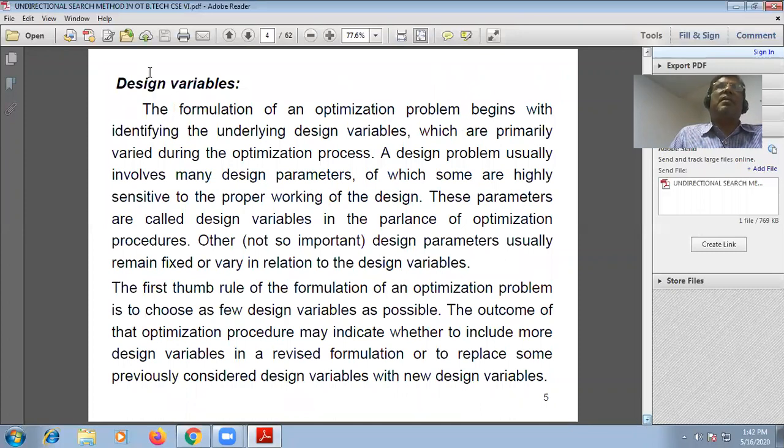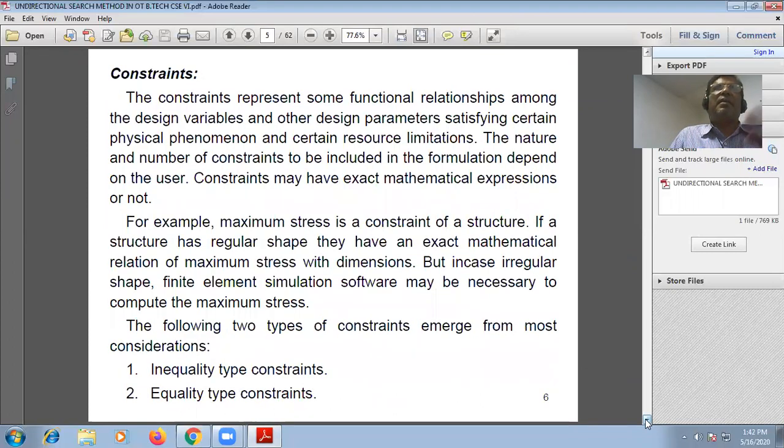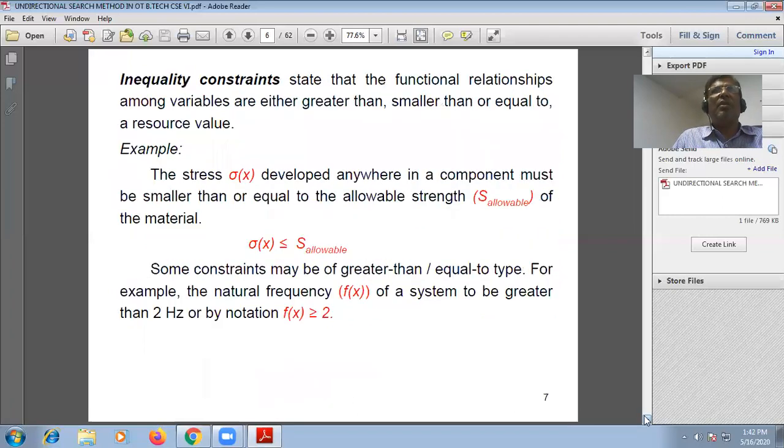So here is the design variable. You can see this, and then we are talking about constraints, how to choose the constraints, and how inequality type constraints and equality type constraints, which type of constraints you are going to choose. It is here, and you should know this.